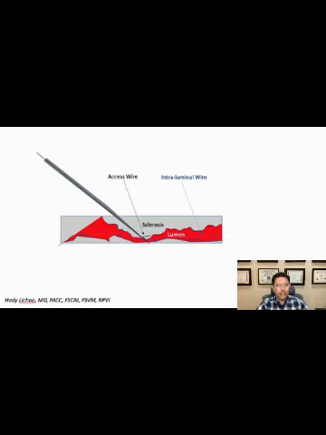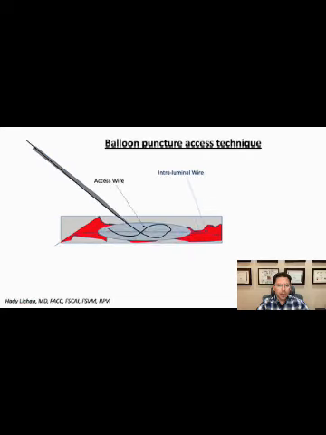So the figure that you see illustrates the difficulty when the needle goes into a very sclerotic segment and the access wire is trying to travel through the intraluminal space, and basically the operator is not able to get access to place a sheath. So at this point, when the operator is across the access site from an initial primary